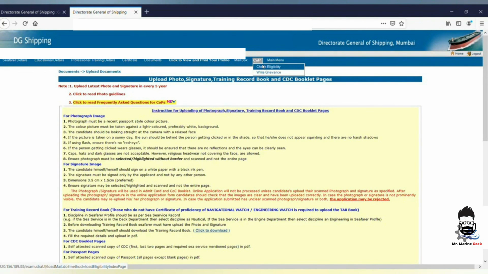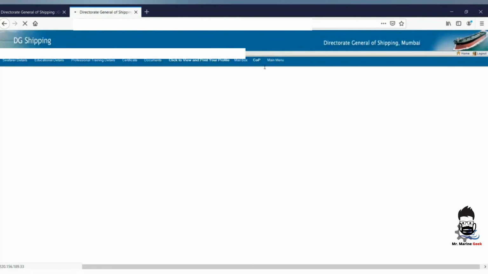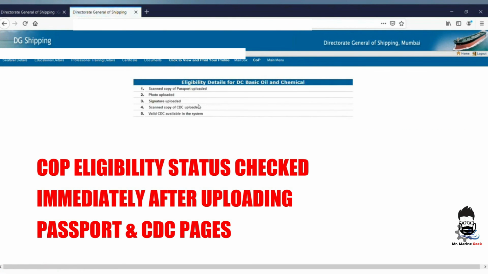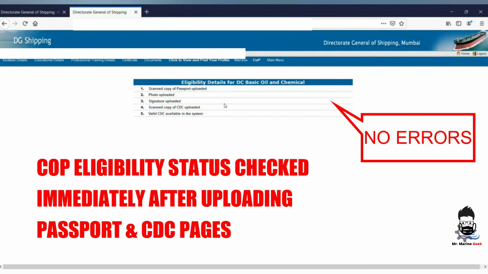Again we will go to the relevant COP eligibility, click on the relevant COP in which you are interested, and you can see that the moment we have uploaded the passport and CDC, the errors have gone immediately from the software.